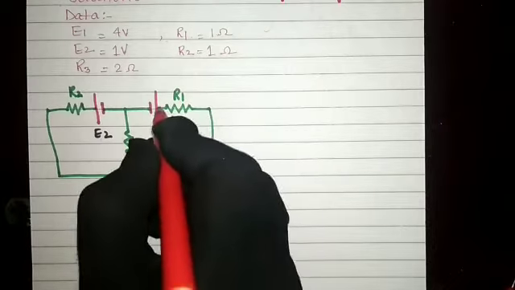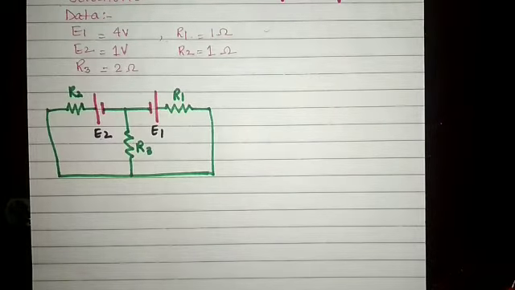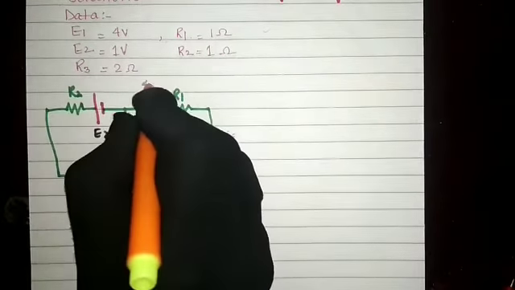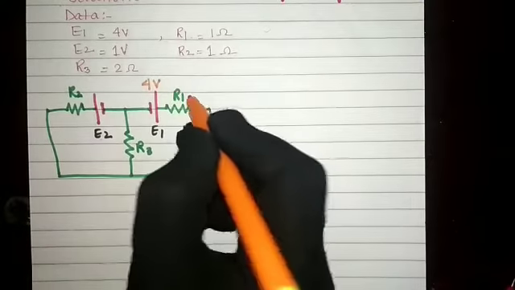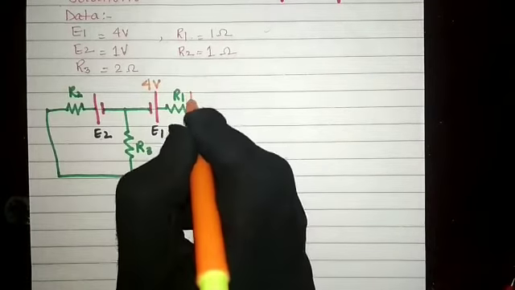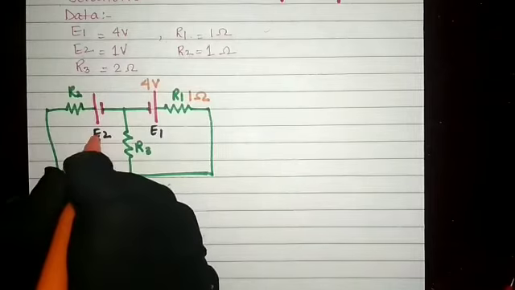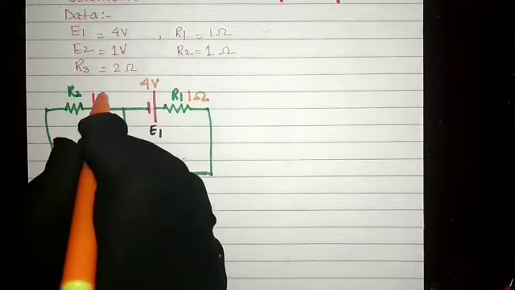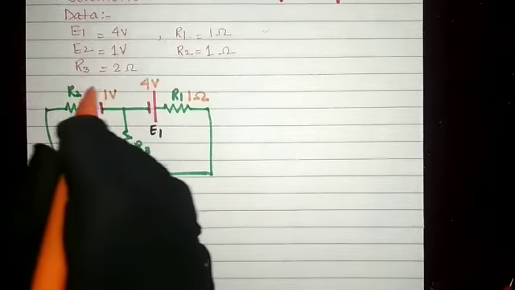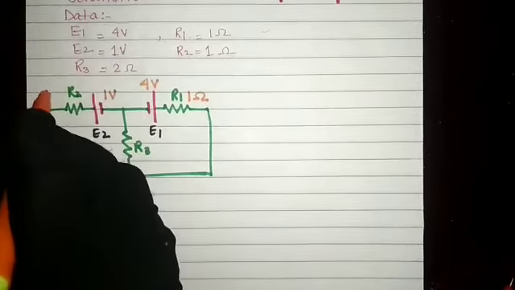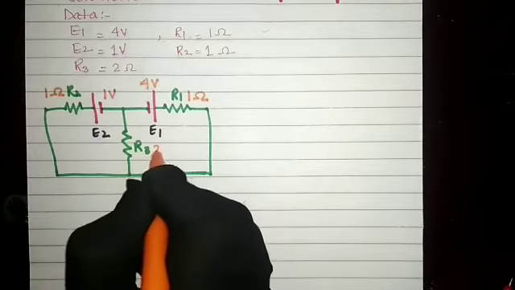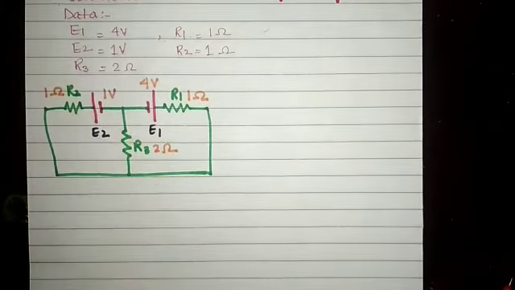The value of battery E1 is 4 volt. So just start writing the 4 volt, and the value of R1 is given as 1 ohm. Similarly the battery value of E2 is given as 1 volt and R2 is 1 ohm and R3 is given as 2 ohm. Okay, then